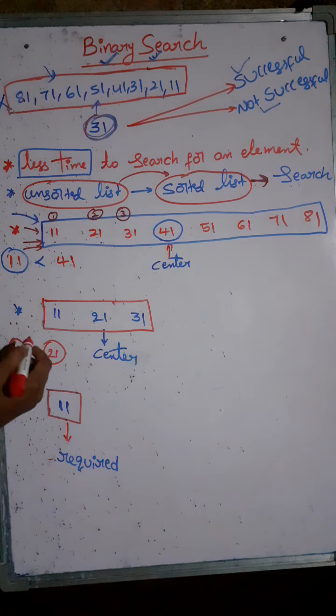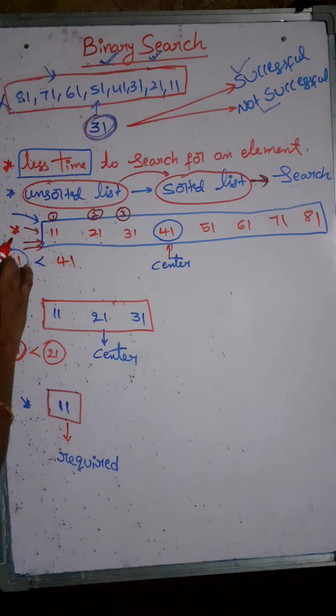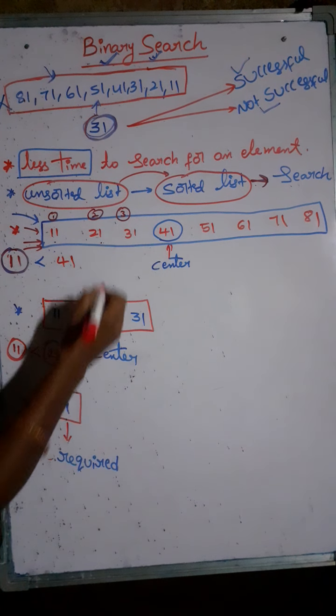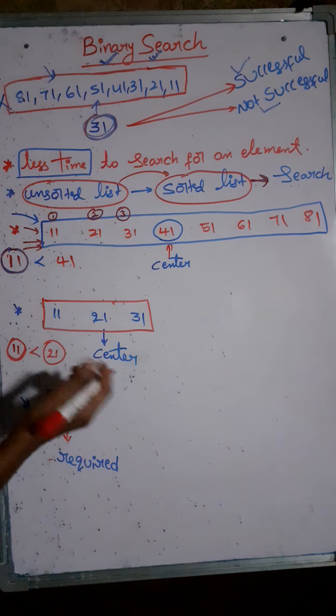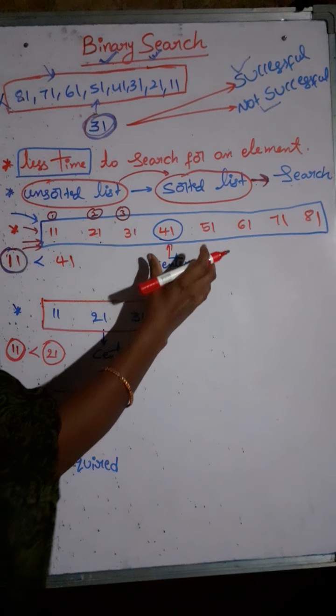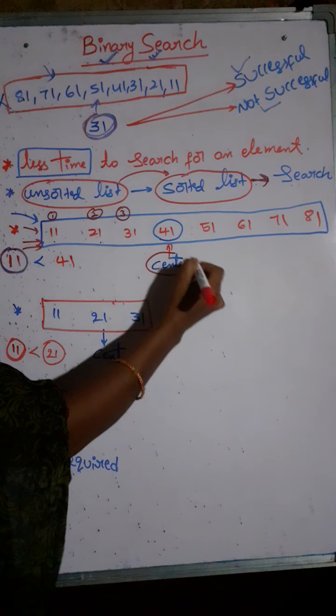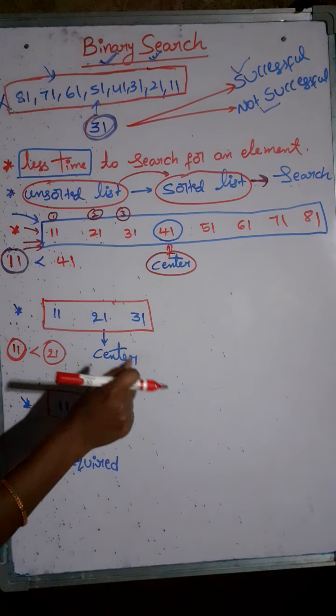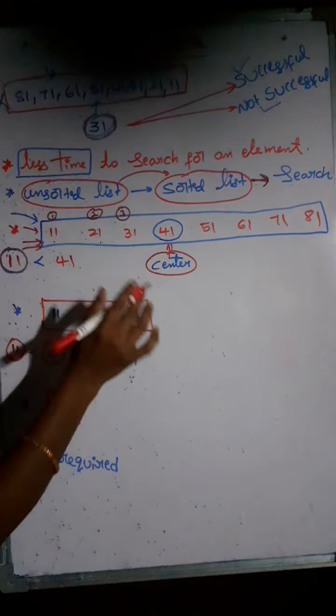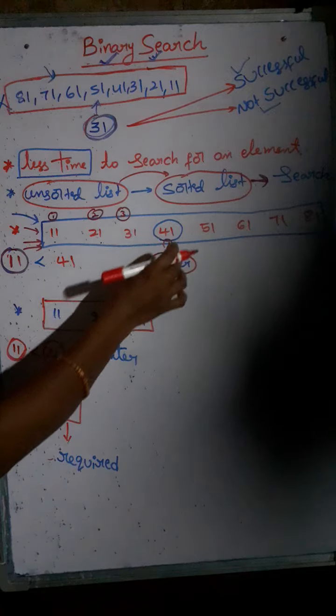Now I have given you a task. Here you need to find out whether element 11 is present in this list or not. You need to check whether page number 11 is present in this list or not. To check that, the first step is to open the center page in the textbook. So you have a textbook, right? First you try to open the center page number. It can be 31, 41, 51, it can be anything. I have chosen 41 here.